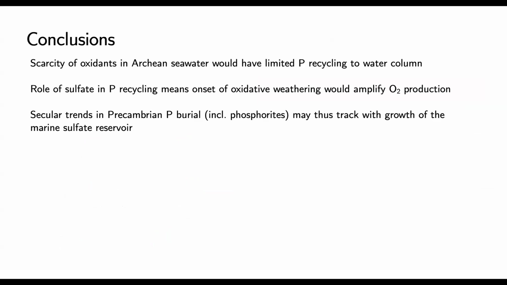So just to wrap that up, just a few main conclusions. I think that the scarcity of oxidants in Archean or just more generally Precambrian seawater would have created this throttle on phosphorus recycling. Doesn't mean there was no iron scavenging ever occurring, but it does mean that mode of limitation has these neat implications or sensitivities, namely as it relates to sulfate delivery. And so I think there would be this positive feedback where the oxidative weathering, when we start to accumulate oxygen, brings more sulfate and allows more recycling and oxygen production and so on.